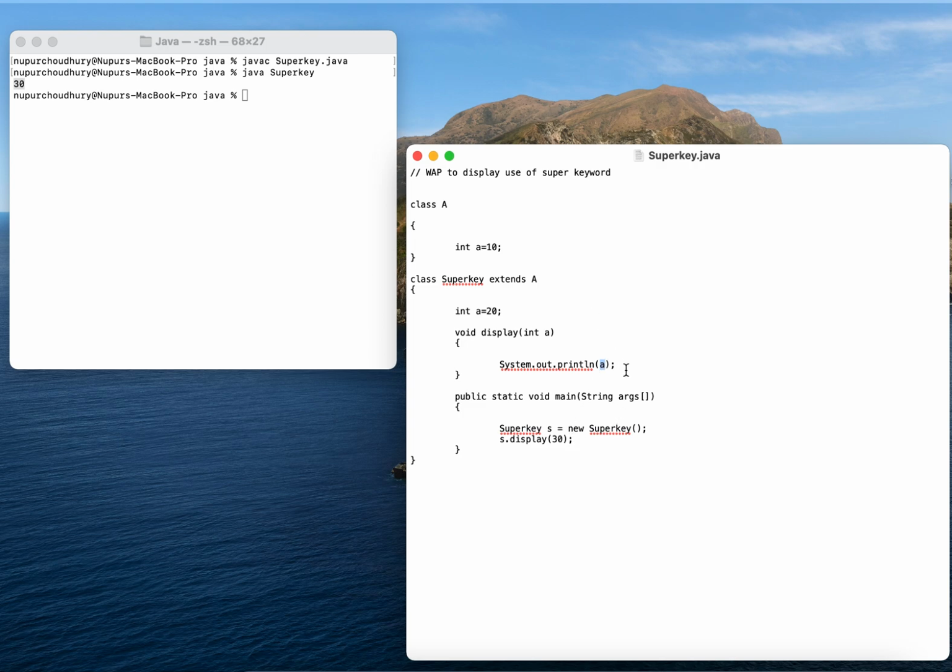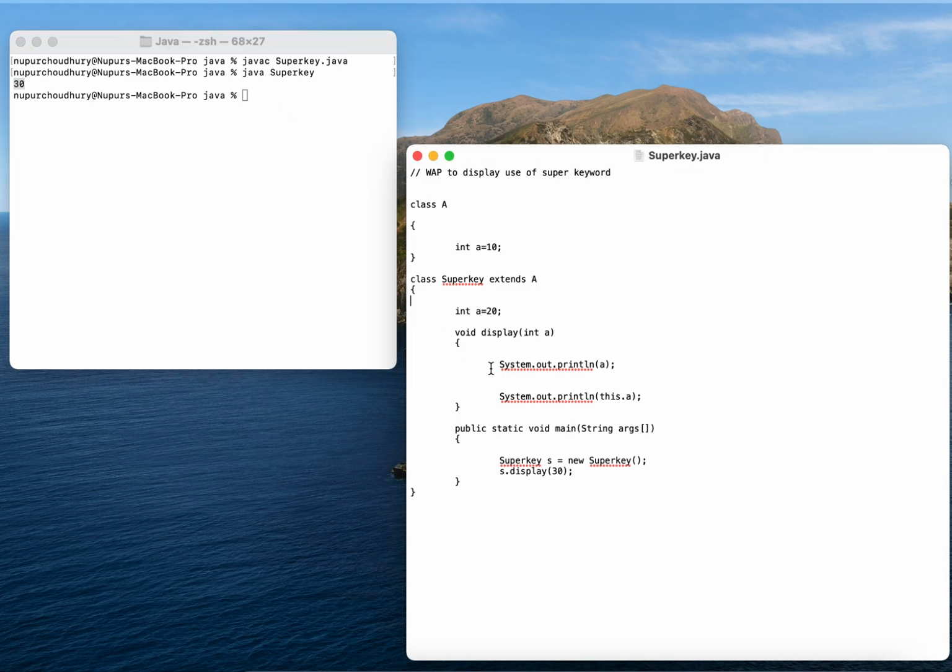Now suppose I am not using a here; instead of a, I will write it on a different line so that we can see the difference. If I am using this.a, this is a concept we have already done in my previous videos, the reference variable which points to the current class instance variable. Let us see what output we get.